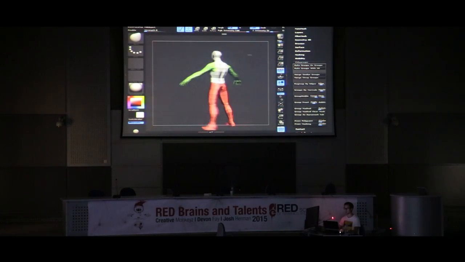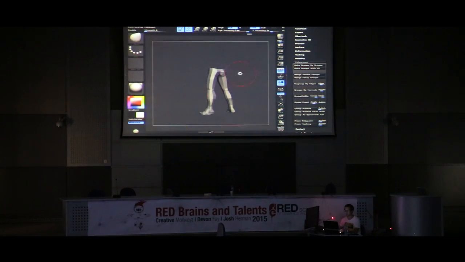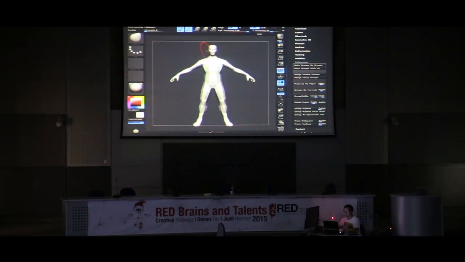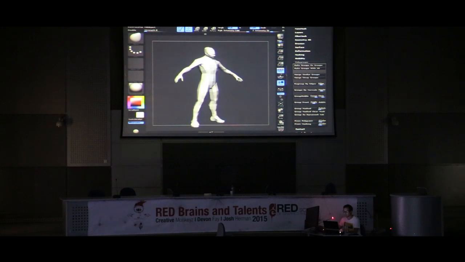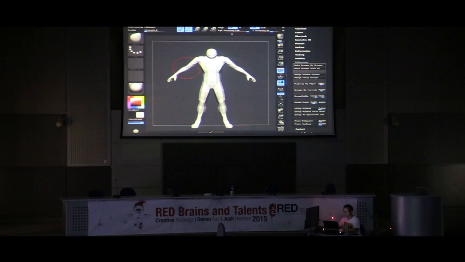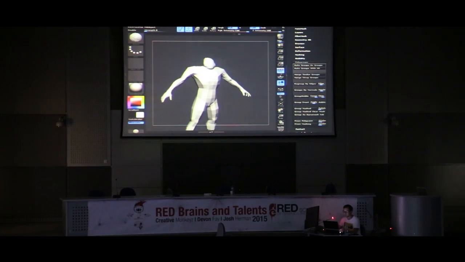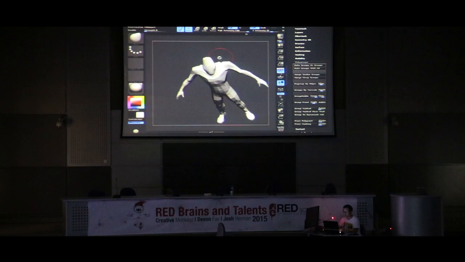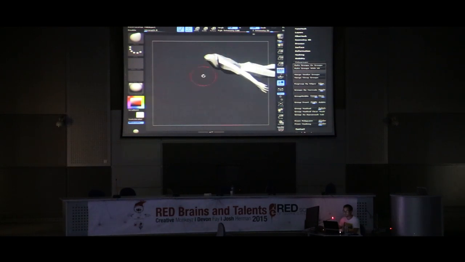So each of these different colors now I can quickly select. I can hide them, I can show them. And just like I do in programs like Photoshop, I can also mask. So if I want to pull something, it doesn't affect that part. So the robot I wanted to make today was kind of like a droid robot, or a battle robot. So I'm going to just start destroying this thing and just kind of messing it up. And I can smooth and I can get rid of all this kind of stuff. And I'm really not paying attention to topology. Topology, for those of you that don't know, is